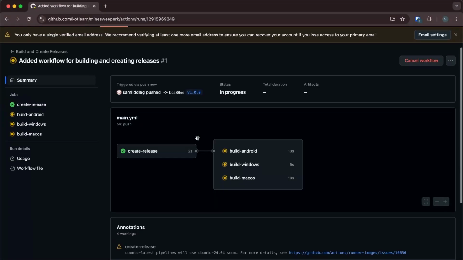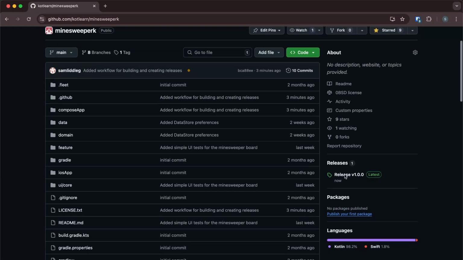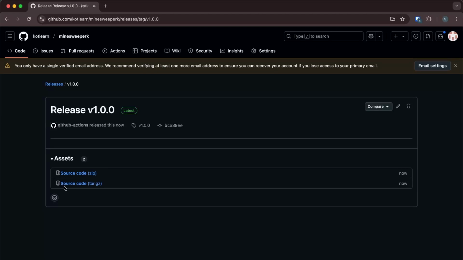So now if we click in, we can see that it's created the release. So we'll have a look at that first. So now we can see here release version 1.0.0 has been created. It doesn't have anything at the moment, but that's because it's all being built. So if we go back into Actions,